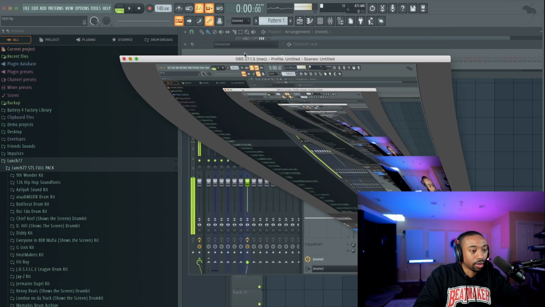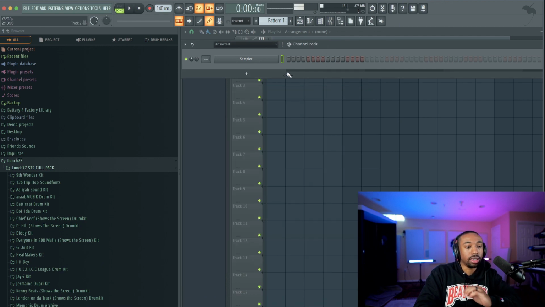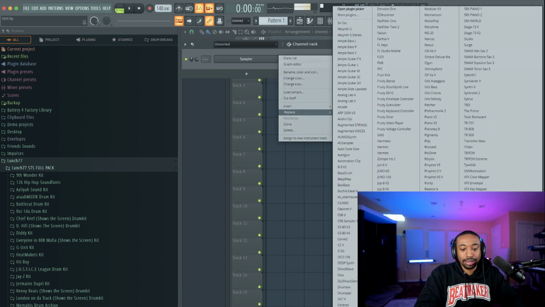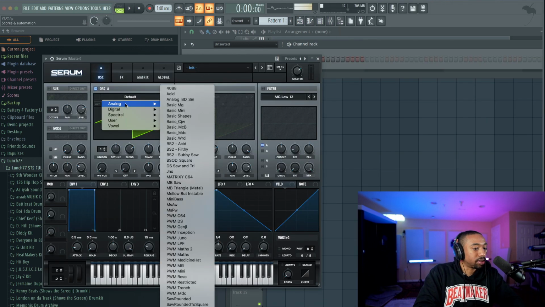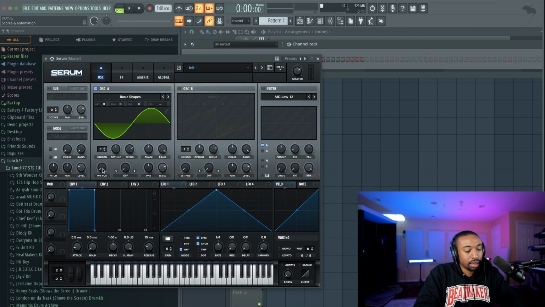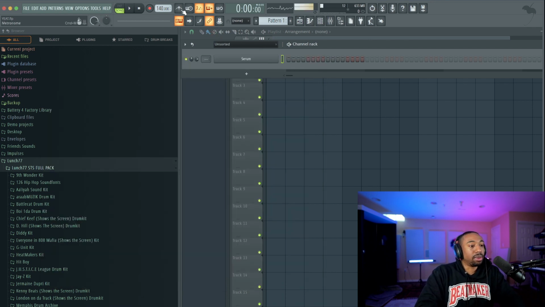Okay, without further ado, let's get into sound selection. So for yeet, we're going to look at a lot of synthetic sounds. Let's open up Serum, and we're going to go with the pulse wave or the square wave. So we're going to switch this to analog, basic shapes, and then go to wavetable, switch it to what's called a square wave. Okay, more video game type sound. We're going to morph it and do stuff over time. So let's start with the melody.